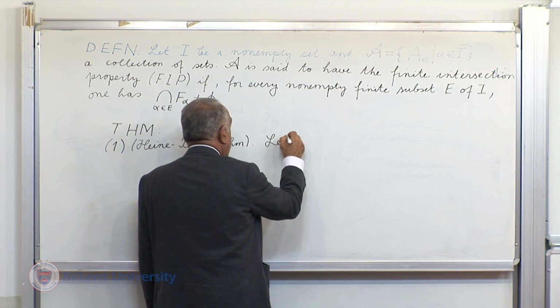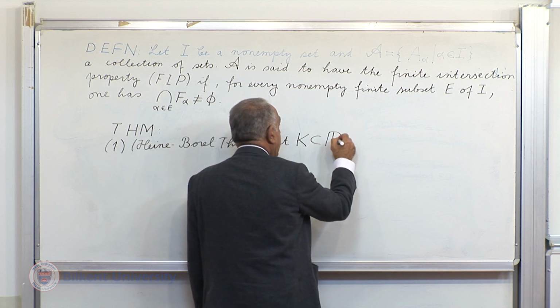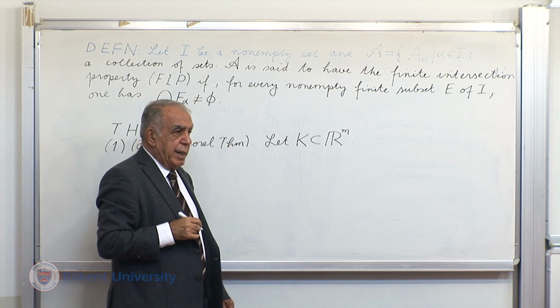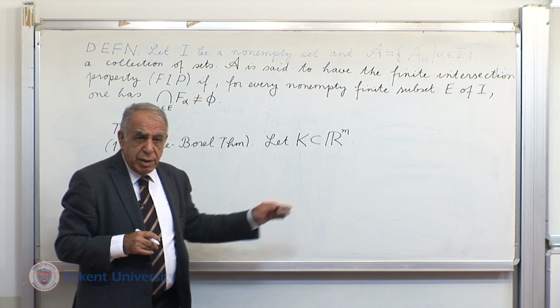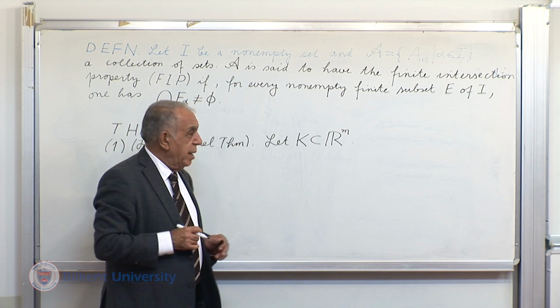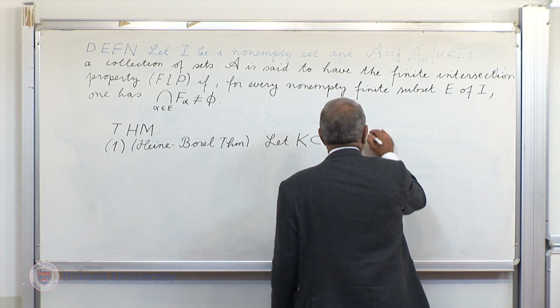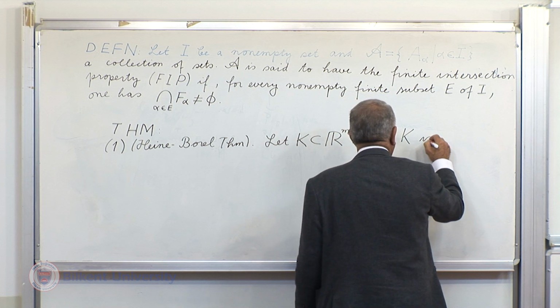Now, let K be a subset of some Euclidean space. Our convention is if we do not mention any metric on our M, we mean it under the usual metric. Now, K is compact